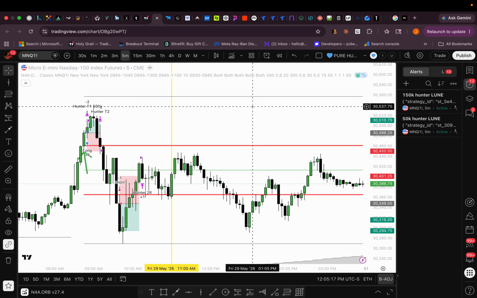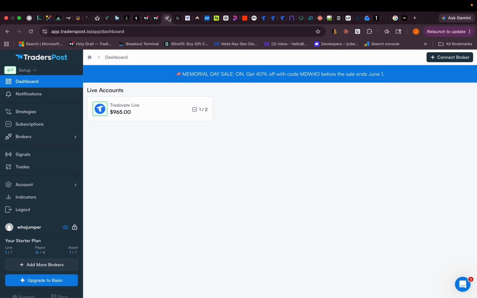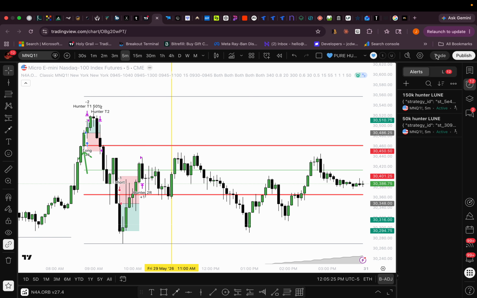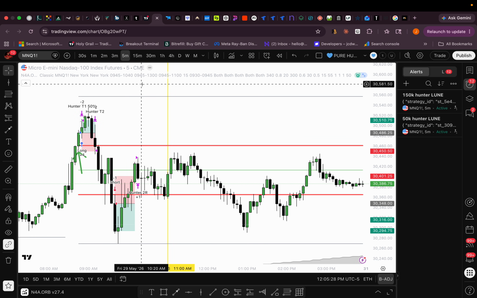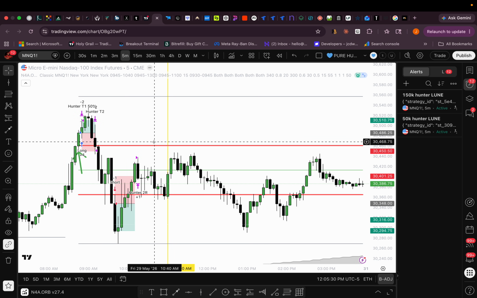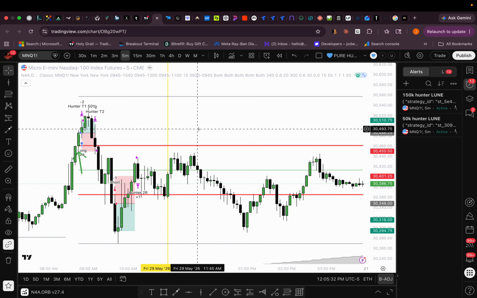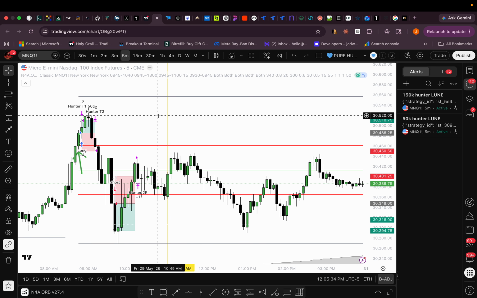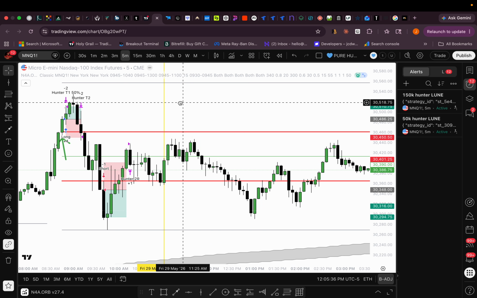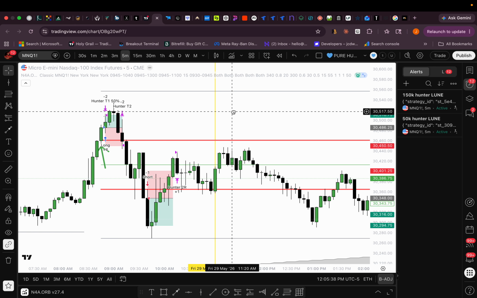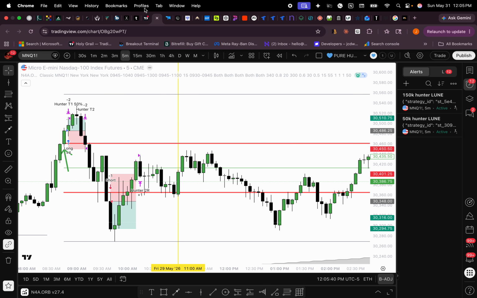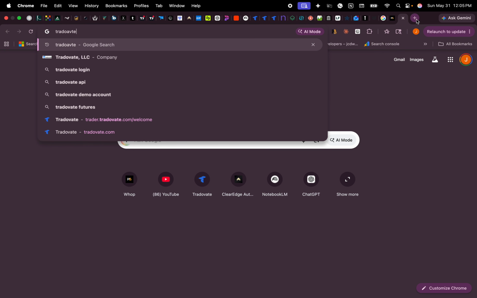We need you to log into your broker here, and then we'll connect via webhook. This stays logged out, and you need to purchase live data from TradingView themselves. That's the only accurate way this is going to work. Okay, you cannot use your prop firm broker's live data. It's not going to work. You also need it in addition to this, because if I was to go to Tradovate